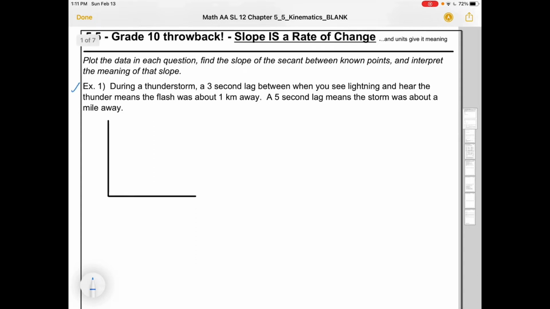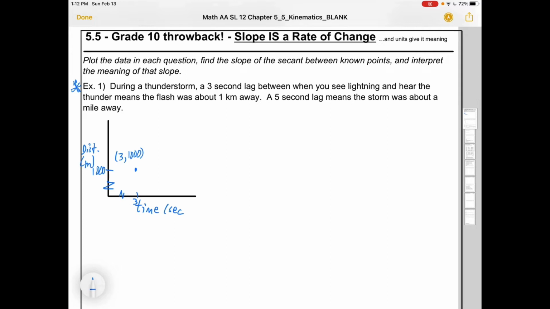So here's a cute little thing that people sometimes do during a thunderstorm. They'll count the number of seconds between when they see lightning and when they hear thunder. A 3-second lag between when you see lightning and hear the thunder means that the flash is about a kilometer away. So if we were to make a little graph here, distance in meters, at 1,000 meters, it's going to take 3 seconds. And I think it makes sense to put time on the x-axis, though you don't have to. Okay. So there's a point here,